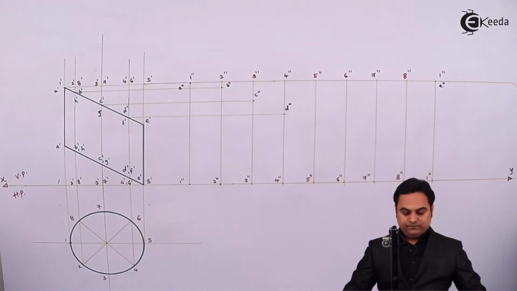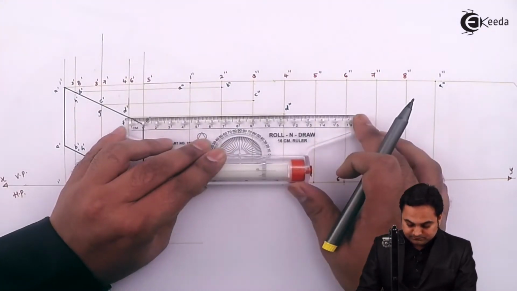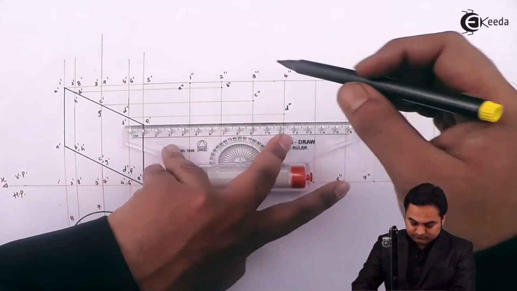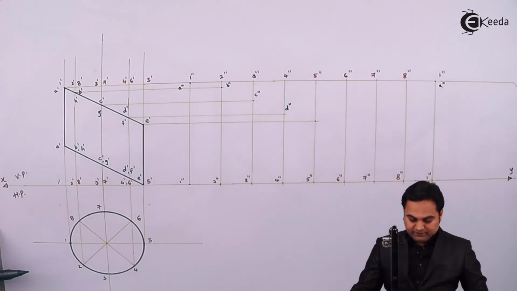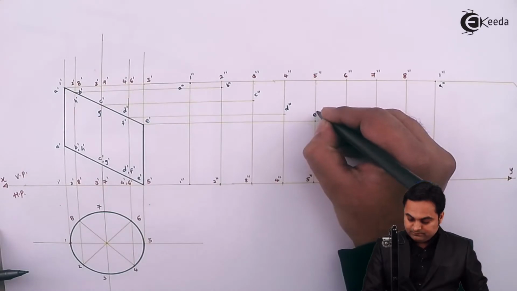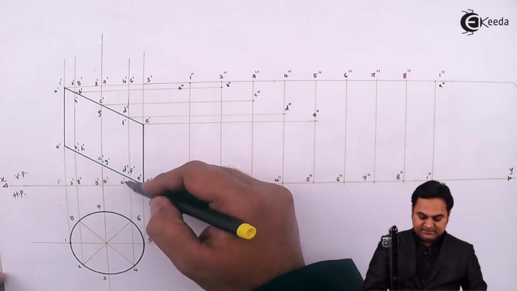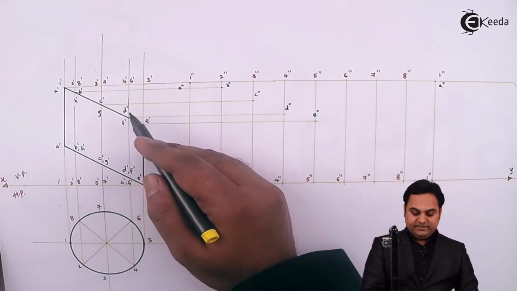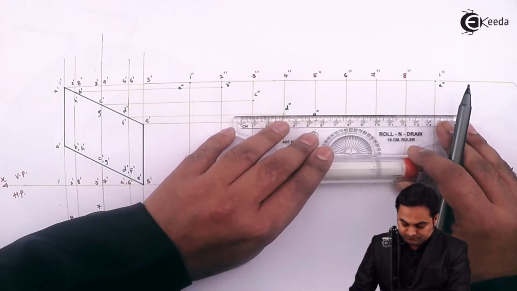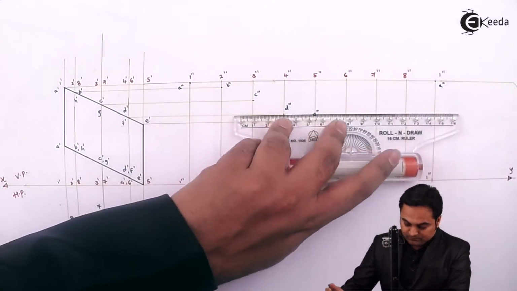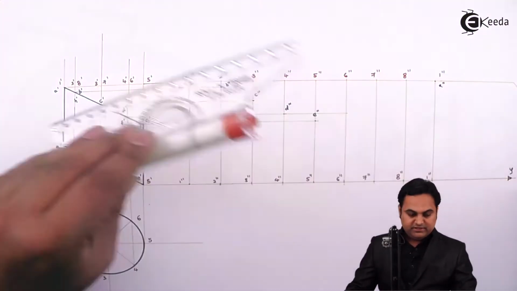D double dash. Then E dash is lying on 5 dash 5 dash. Here we have point E double dash. Then where it is cutting 6 dash 6 dash, that is point F dash. D and F are at the same level, so I'll project this light line and extend it up to 6 double dash 6 double dash,